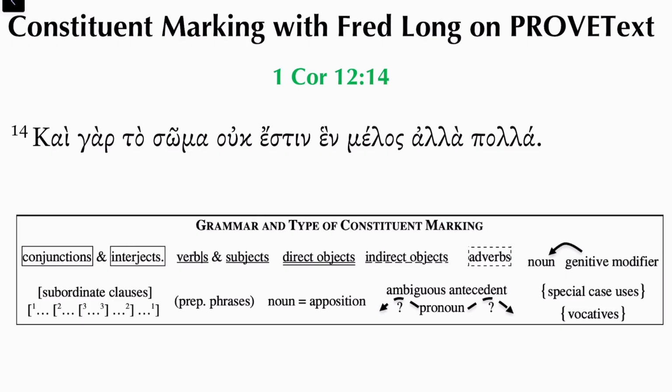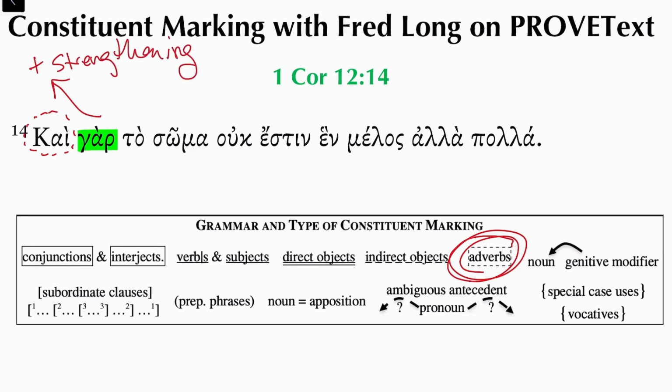Kai gar to soma ouk estin en melos alla polla. All right, kai gar. I'm going to start with the kai gar. My first inclination is to put a box around kai and gar, but as I talked about last time, the kai is functioning adverbially, and adverbs are dotted, circled. Kai gar also. So gar is indicating support plus strengthening for what comes before. So Paul is substantiating previous propositions. For also,